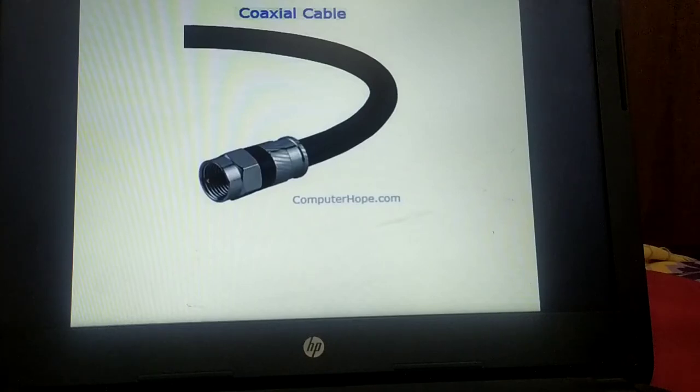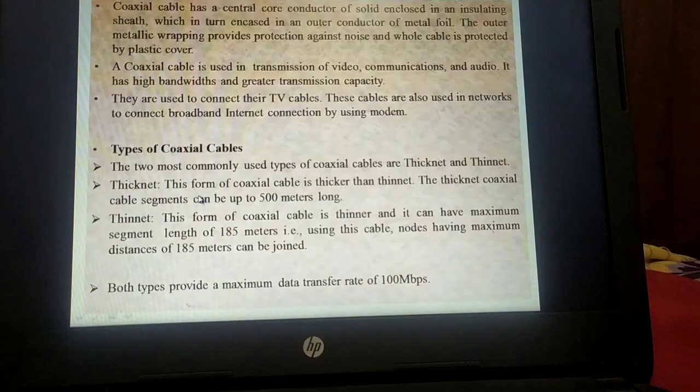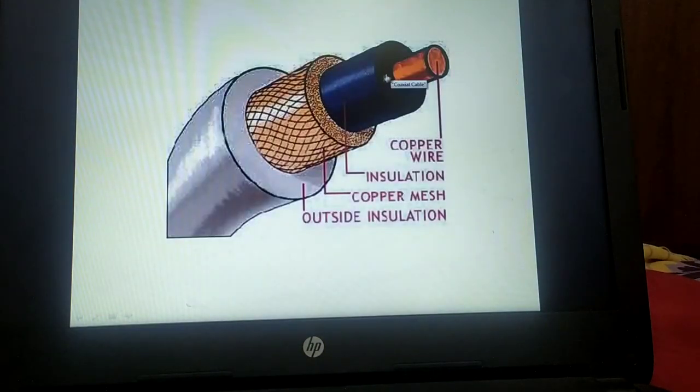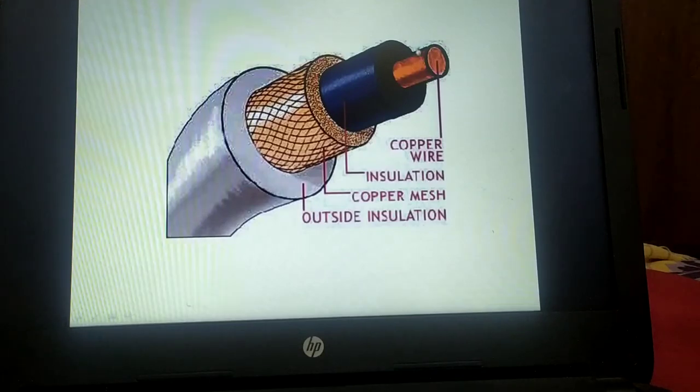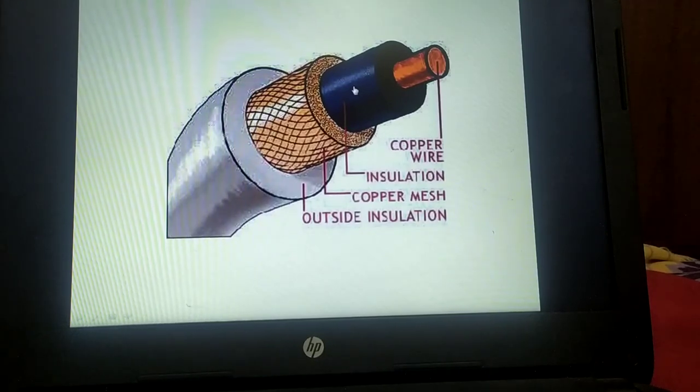Here the next cable we are going to discuss is the coaxial cable. This coaxial cable, as you can see here, let me explain with this diagram first, then you can clearly understand. This coaxial cable has a central core conductor of solid copper wire. This central core conductor, made of copper wire, is enclosed in an insulating sheath. Now this is an insulating sheath, what you have seen in the unshielded twisted pair, more harder